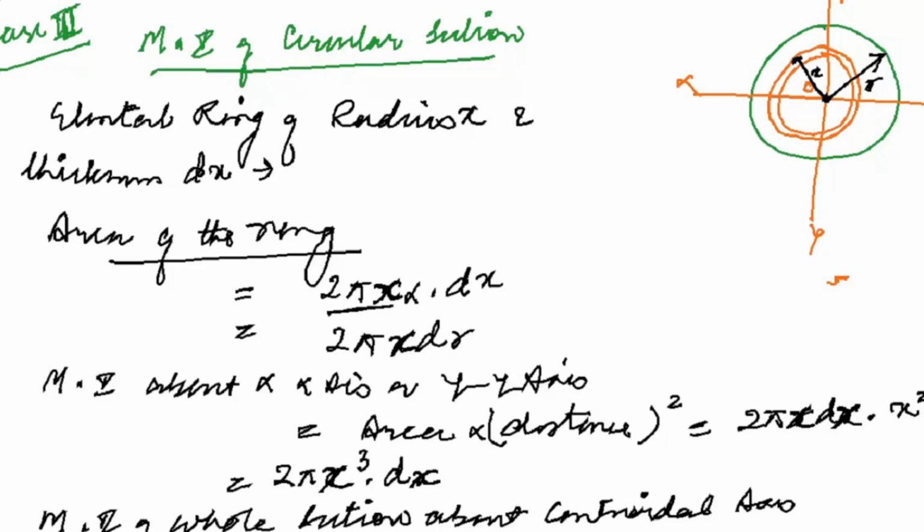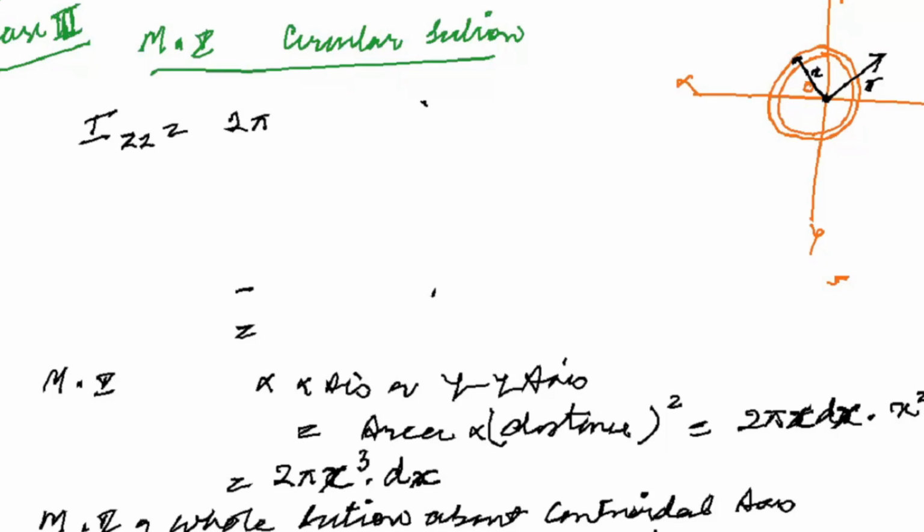IZZ will be equal to 2 pi. Please correct it, because I have mentioned dr and r instead of x and dx. Please correct that. It will be the integral of x cube, and integration of x cube gives x to the power 4 divided by 4,